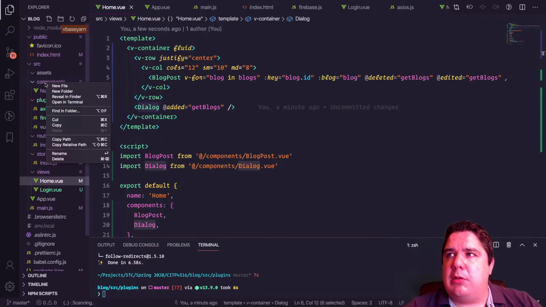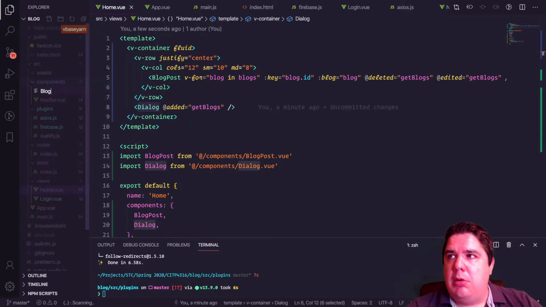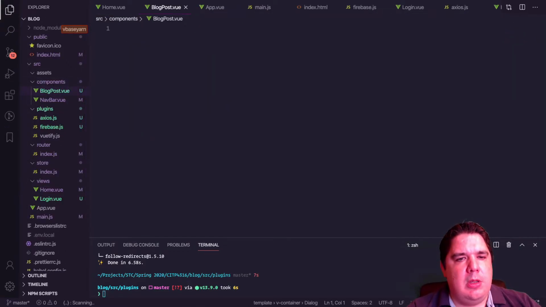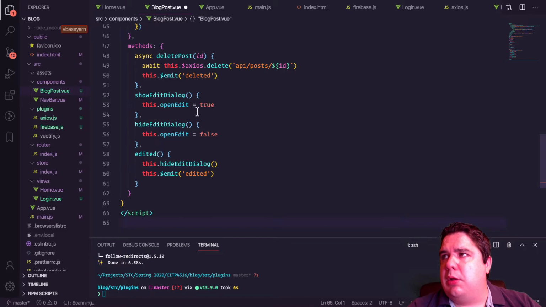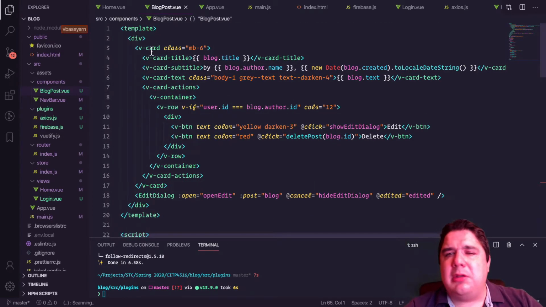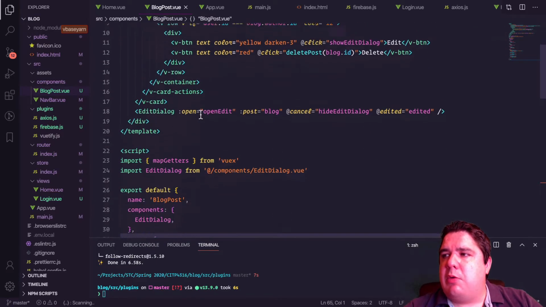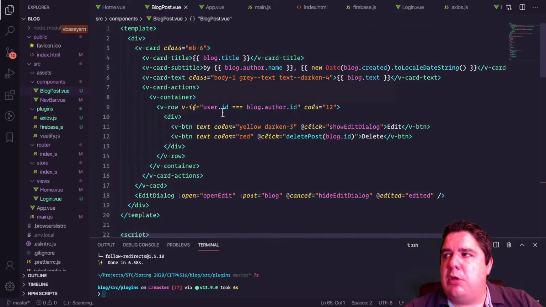So let me add one component called blog post.view, and this one is going to be actually this. It's a simple card that we have in Vuetify. That card will have a title with the blog title. We have a subtitle with the author name, and if it's created, we will just have that new date over there. Then we'll have the blog text, that's pretty much the content,